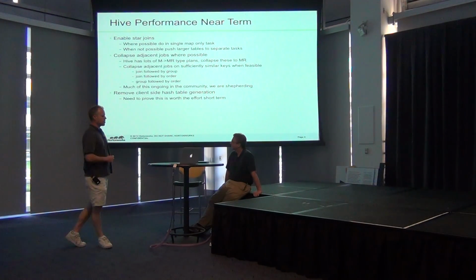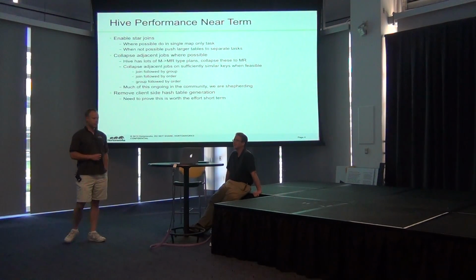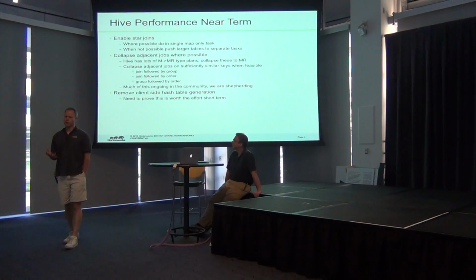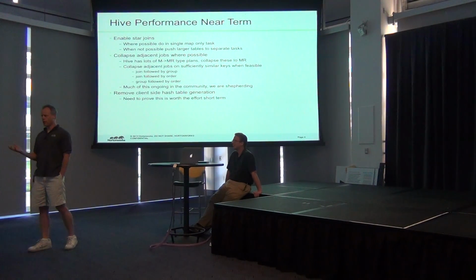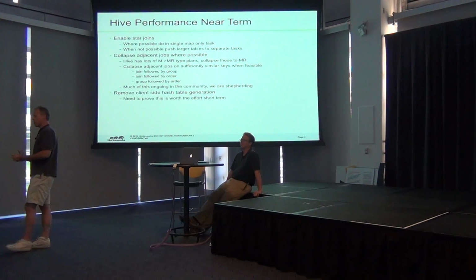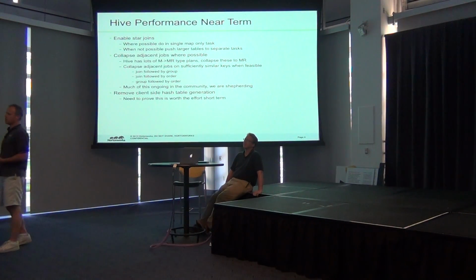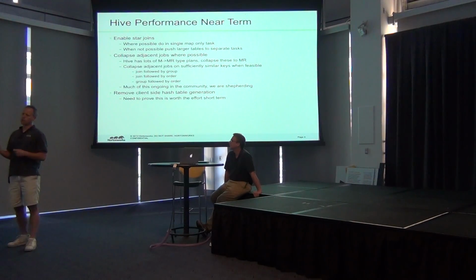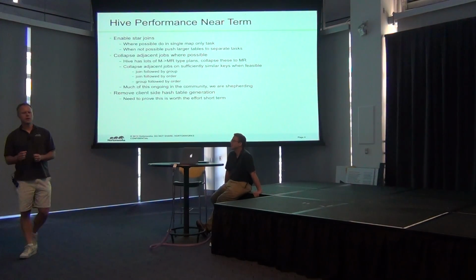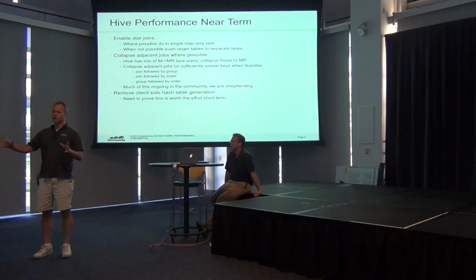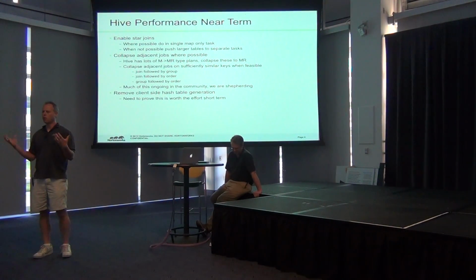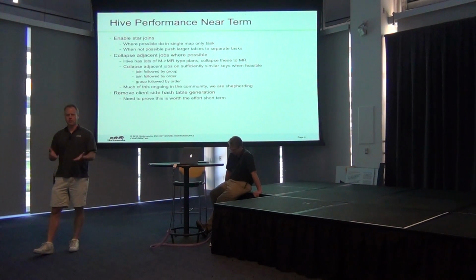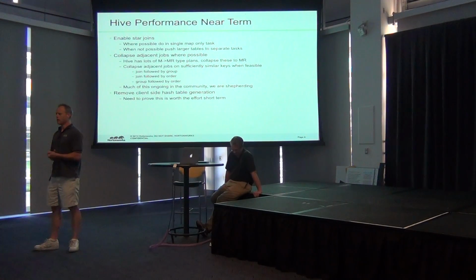So some of the things that have been going on. One, people want to do star joins, right? For a long time, users have been trained to take their data and put it in the data warehouse in the form of a star schema. Well, it turns out star schemas work really poorly in Hadoop because that means denormalizing everything, and that means doing a whole bunch of joins. And that's what Hadoop doesn't do very well, right?